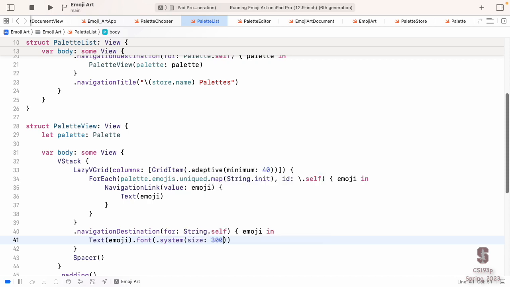A couple things to notice here. I put these in here. There's no navigation stack anywhere here. The navigation stack is over somewhere else. And it doesn't have to be here. The navigation stack can be surrounding the whole world. It might be way far away. But these two things are going together. The link and the destination, they're nearby. Even though the destination's outside the lazy V grid, they're close by visually in the code. Let's see what this looks like.